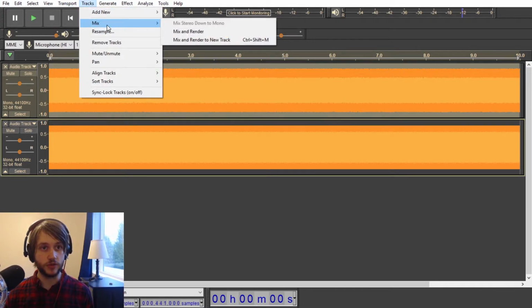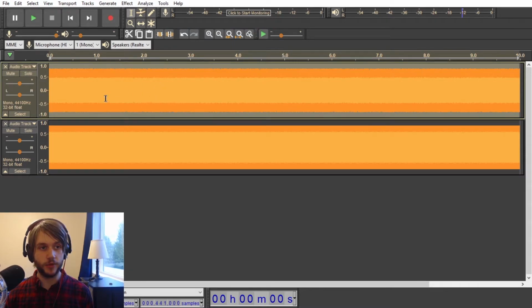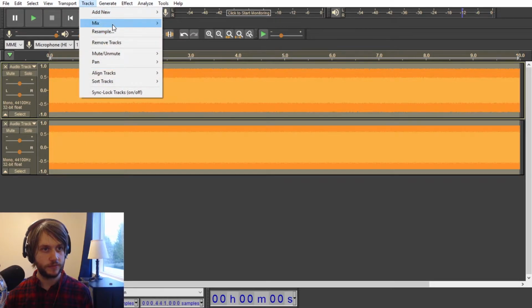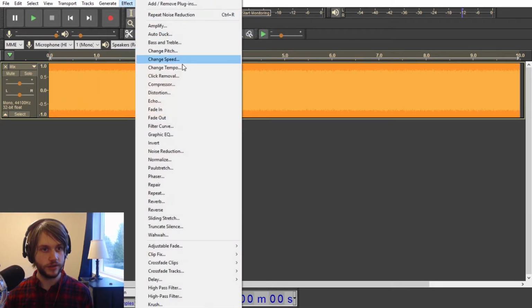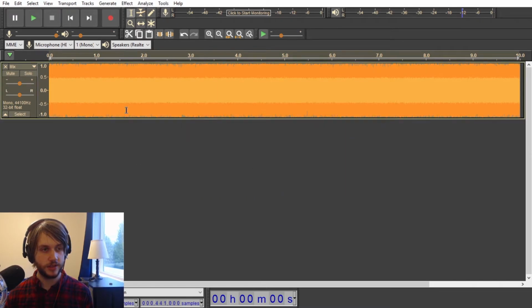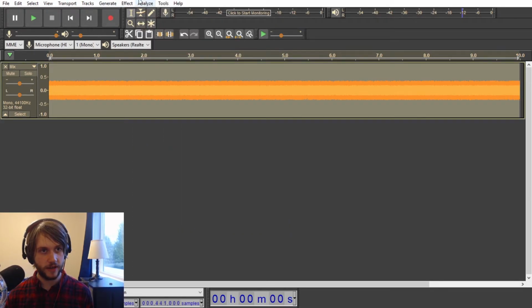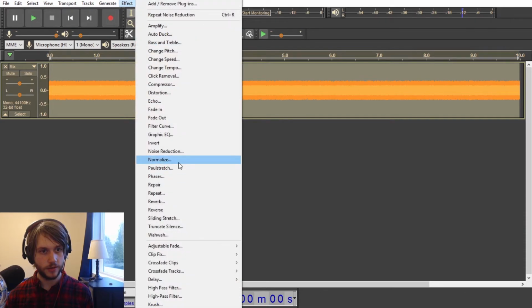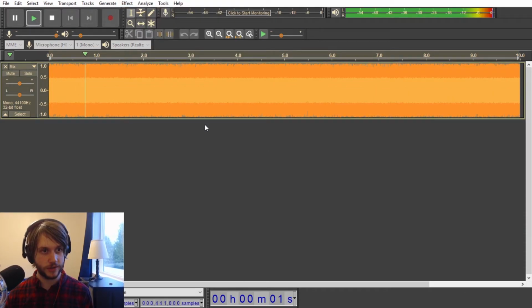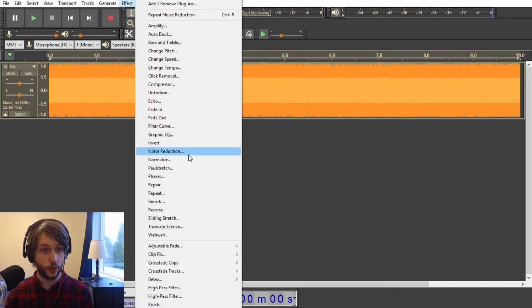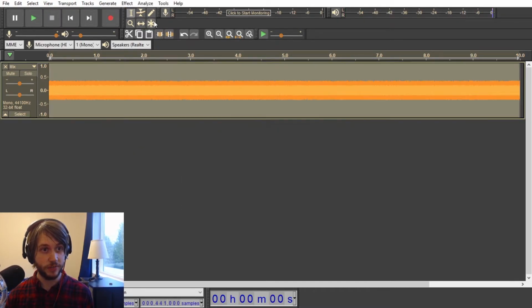Obviously this is not going to sound good because it's a really dramatic example, but it helps if you select everything. Mix and render, normalize, and then, no, it should still be there. Yeah. Hit OK on that. Actually, I should play it first. So as you can see, that sounds horrible, and I'm sure this isn't going to sound good, but